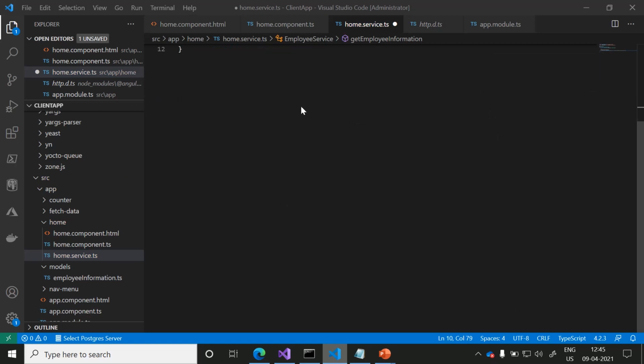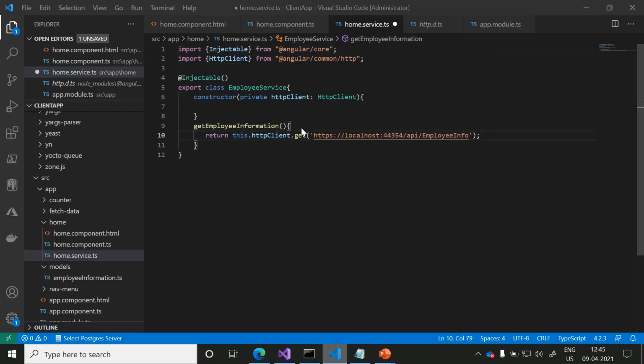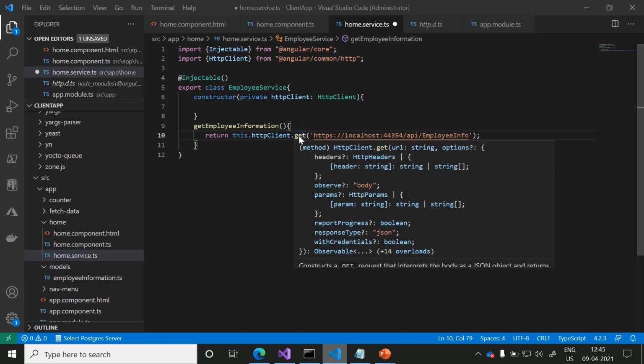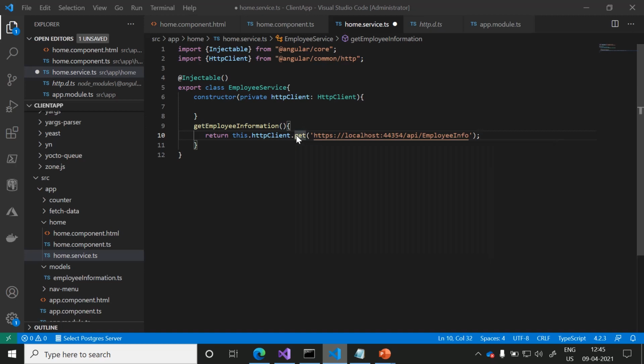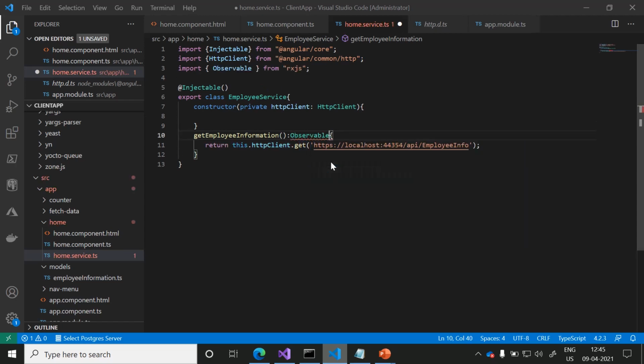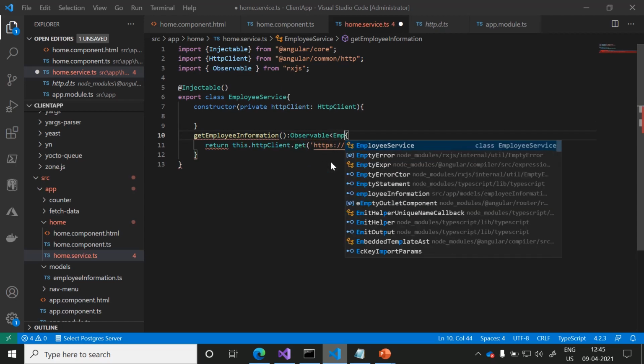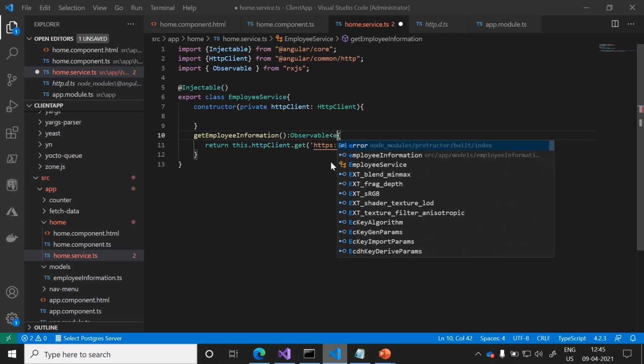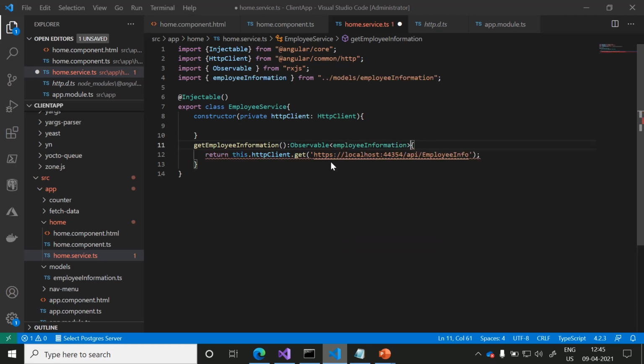As I mentioned in the previous video, this get method is going to return an observable of object, nothing but employee information. But if you observe clearly, this get is not going to return one object.